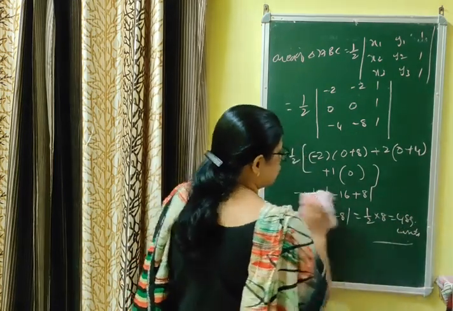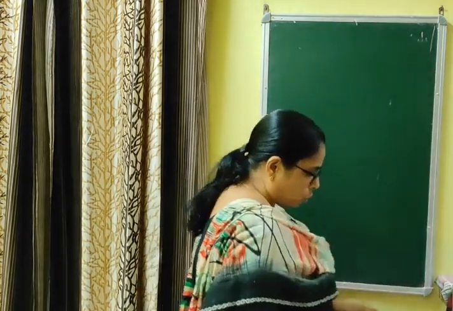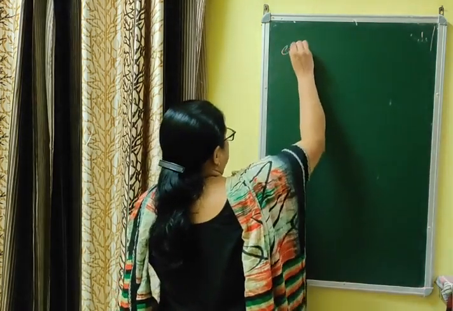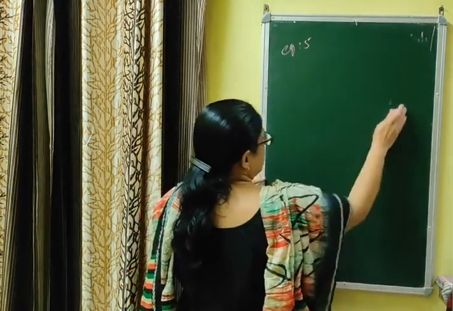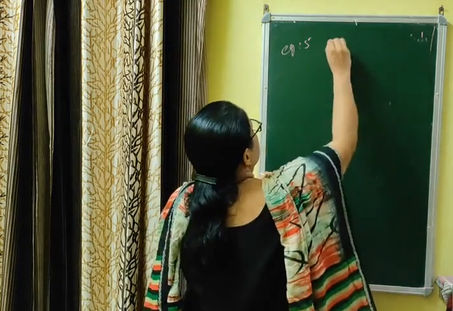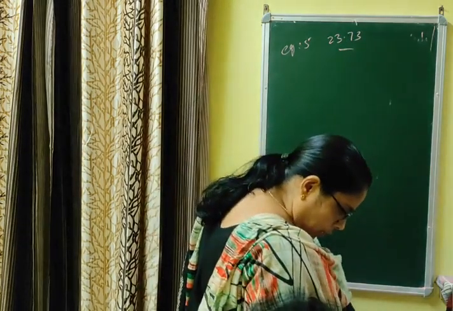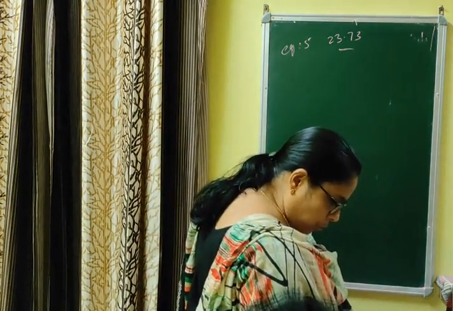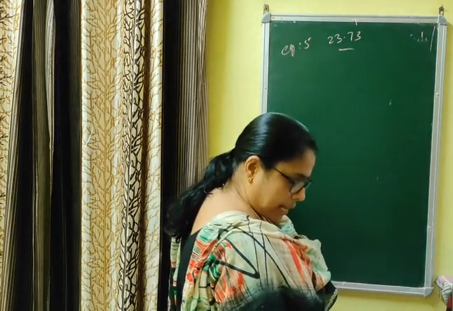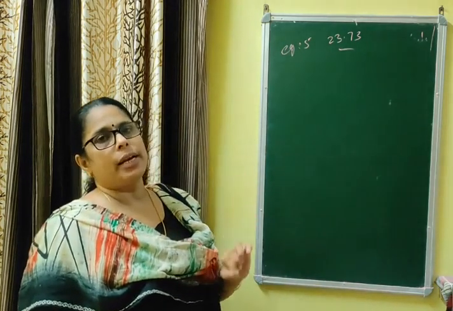Now the last question of today's class. I am giving homework also. You have to consistently do the homework with me, otherwise you will be in trouble. The next question, example 5. That means already 3 questions I have given you as homework. Fourth question is example 5, 23.73. In this question, you are given the sides of the triangle, and you have to find the medians of the triangle whose sides are given by the lines. आपको तीनों sides का इक्वेशन दे रखा है, आपको मीडियन निकालना है.